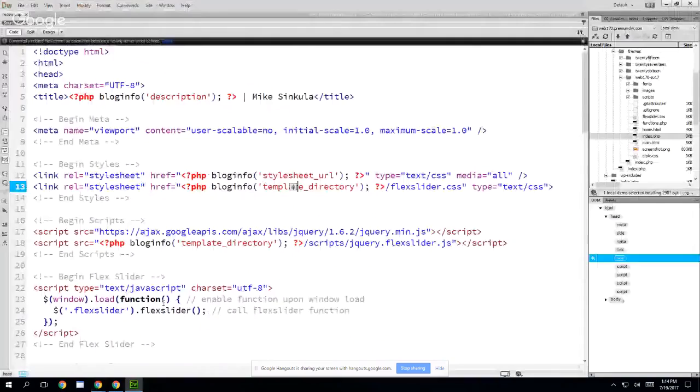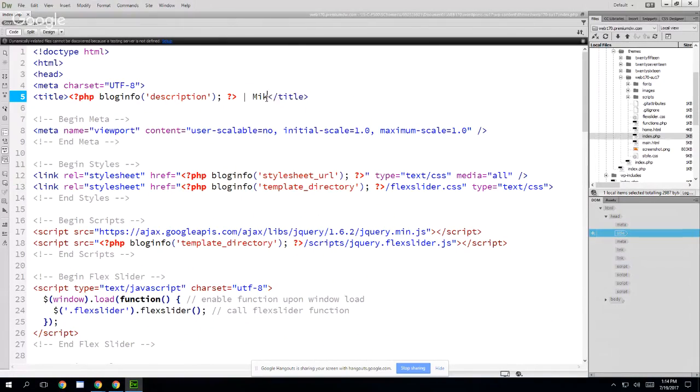So this is where we can, if we wanted to, instead of having my personal name there, have blog info name. So now if I save that by hitting Control S,